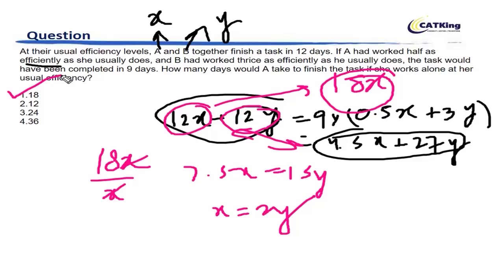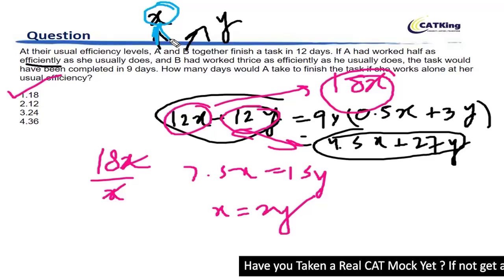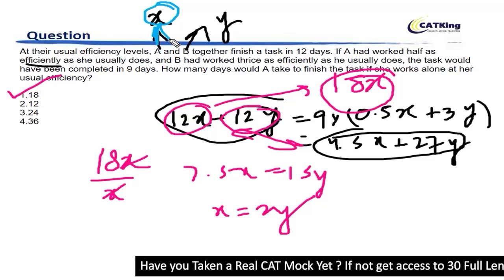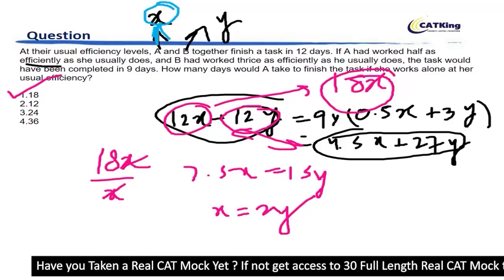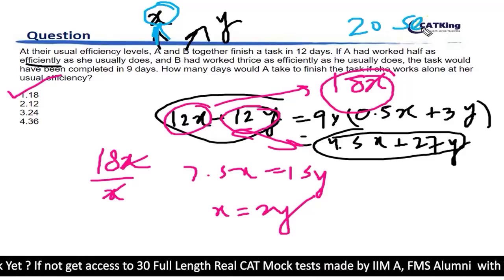Again, a very basic efficiency-based problem. The basics of how to use efficiency you have done in the class also, and here also I have given you this concept. What do you have to do in an efficiency problem? Take the amount of work done per day as efficiency. So for A, I have taken efficiency as the amount of work done per day. In all the efficiency-related problems, you can take it this way. I hope this is clear to you. Again, a question that should not take more than 20 seconds for solution.